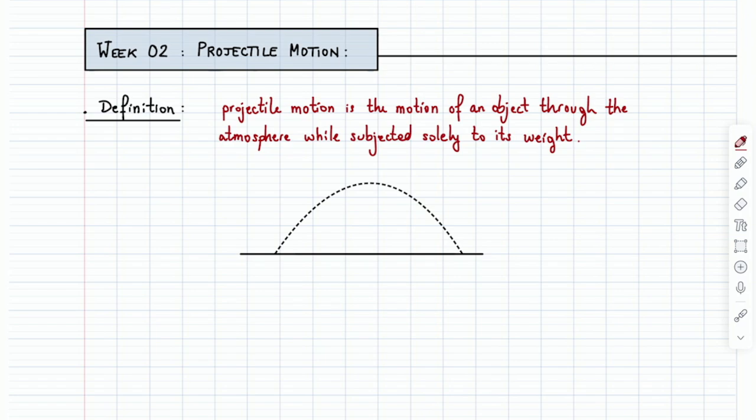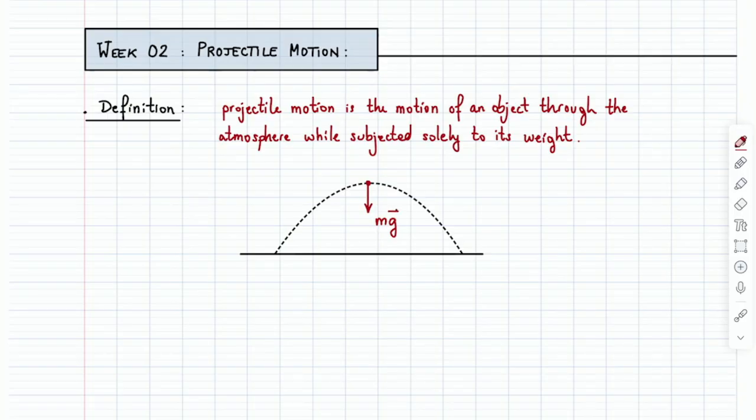But the idea is that typically we launch something like a golf ball or a cannonball, so it follows this parabolic path, right? But it could just be that the object falls straight through the atmosphere. The idea is that the only force acting on this object as it travels is the weight force. And again, we don't know what it is. I'm just going to write mg, and that hopefully will make sense later.